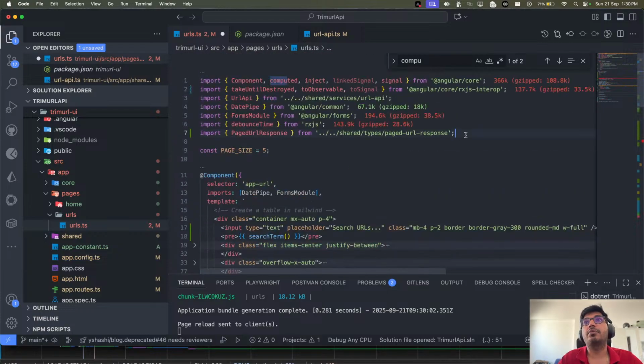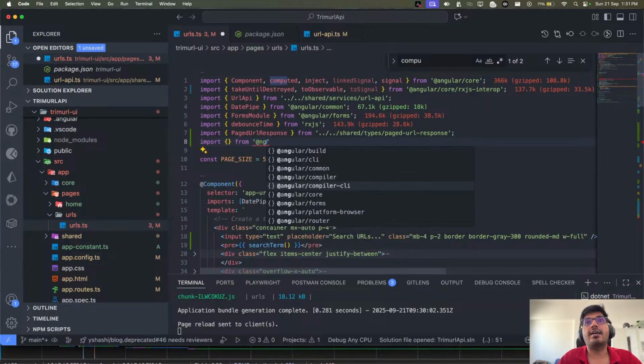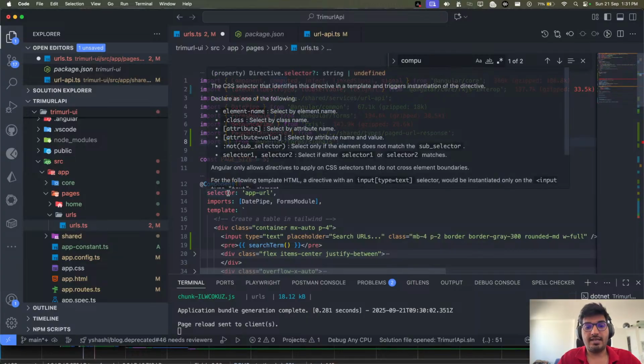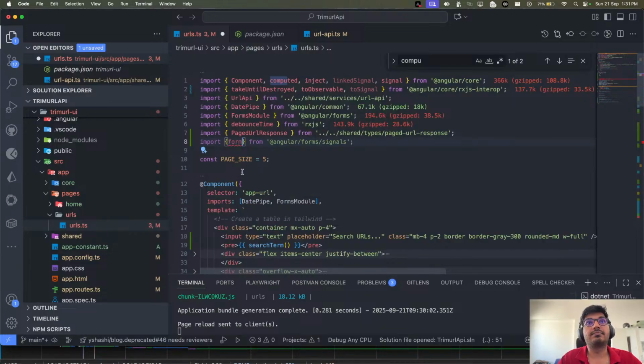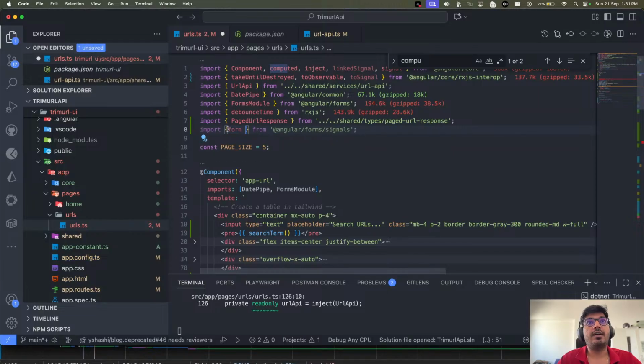Let me import from @angular/forms/signals. Can you see, now we have something new, and in this you can have this form. This is the form I will be using here in the bottom.